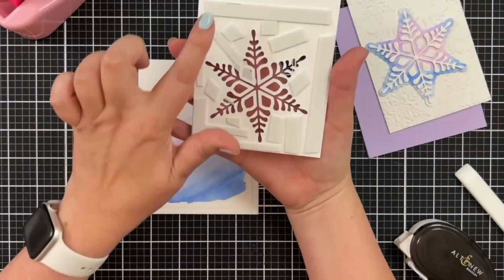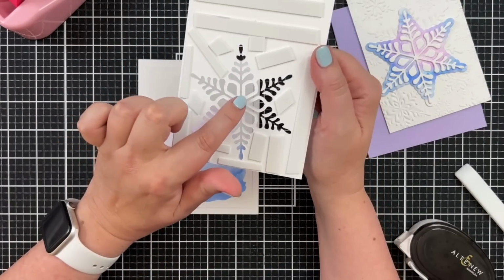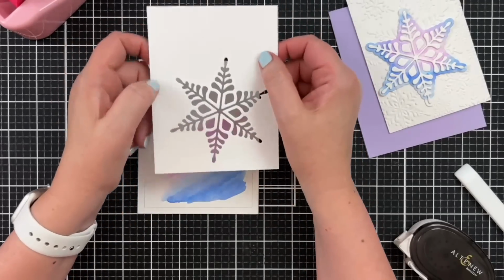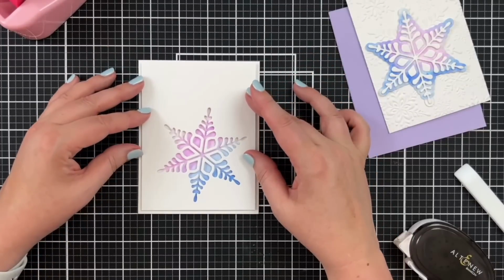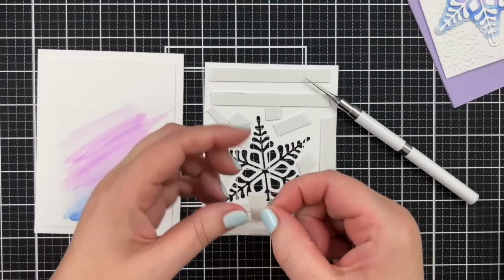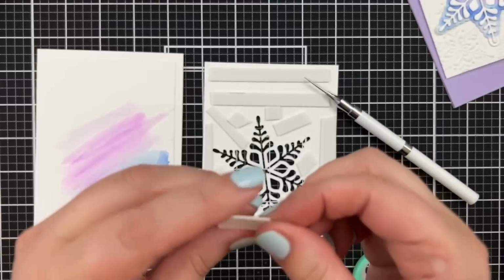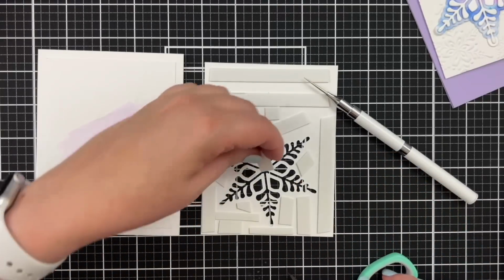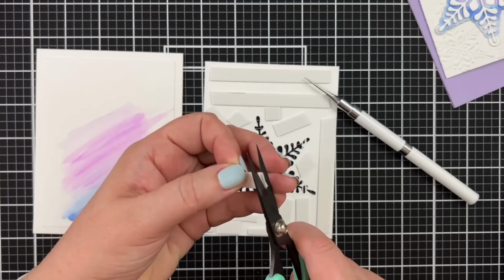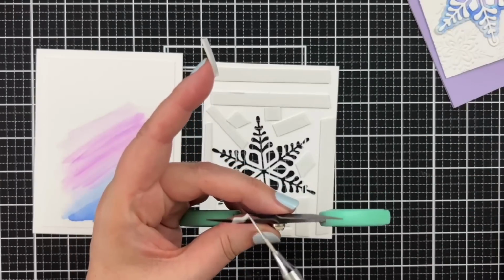Now, I have put foam tape all over the back. I do not have the patience or the wherewithal to do that in the center. I probably should. Oh, should I cut some? Let me see if I have the patience. I'm using ThermaWeb tape today. This is a thinner loft. See that? Not quite as thick. And I feel like each one of these would be perfect, but here's what's going to happen. It has to be sliver thin, and then we got to take that off, right? Get that off there